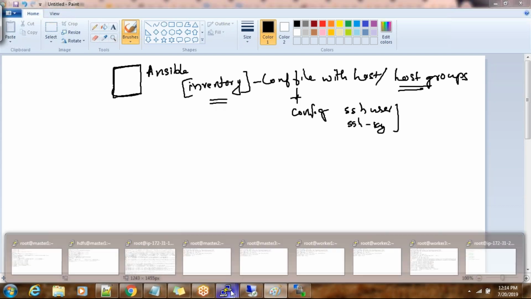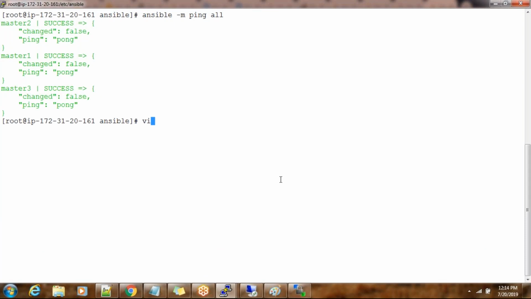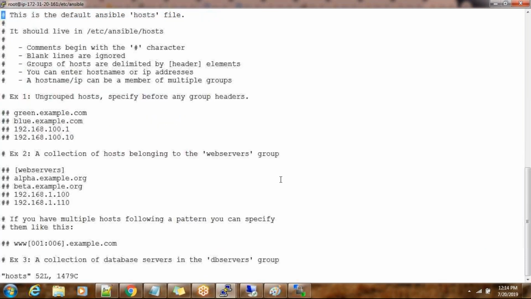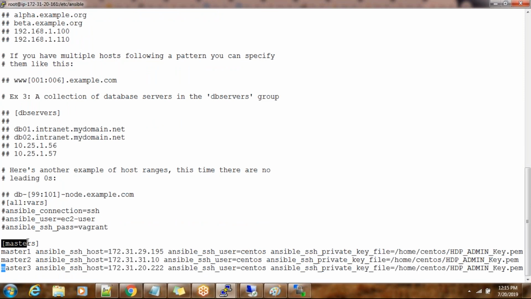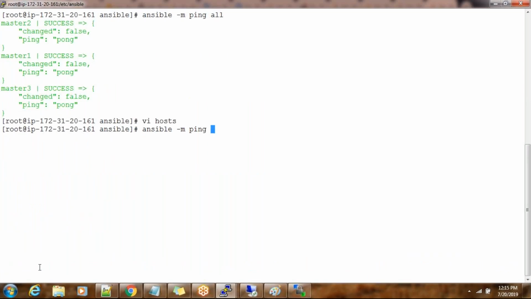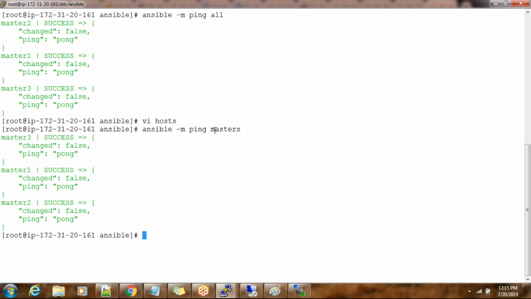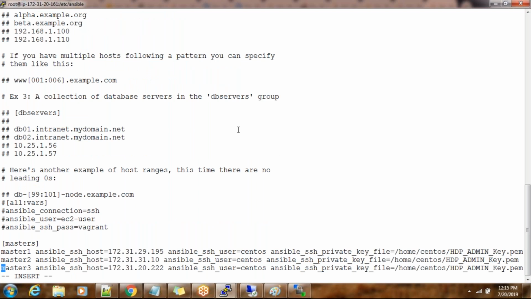That is the inventory file we used, and it looks like an /etc/hosts file, the only difference being that we define subsections. So we can just call masters or all in Ansible. First of all, understand we don't use Ansible this way, but this is just for testing; we will use the file-based option. See, here I use masters. Instead of that, I can add other hosts also. What I'm going to add here is masters and